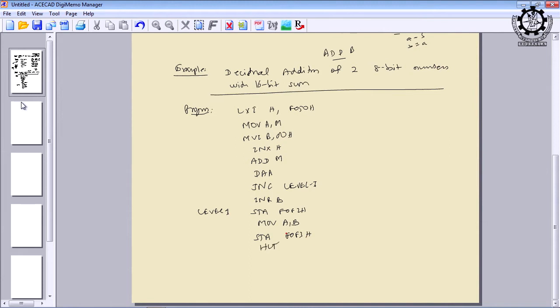Okay. So, here we are using only one new instruction, that is DAA, that is called decimal adjust accumulator. Except this instruction, the meaning of all other instructions is clear, as we have already discussed in some previous class. So, only one extra instruction is added in this program, that is DAA, available in 8085, decimal adjust accumulator. Even if you are doing hexadecimal addition or binary addition, it will automatically adjust to the decimal value.